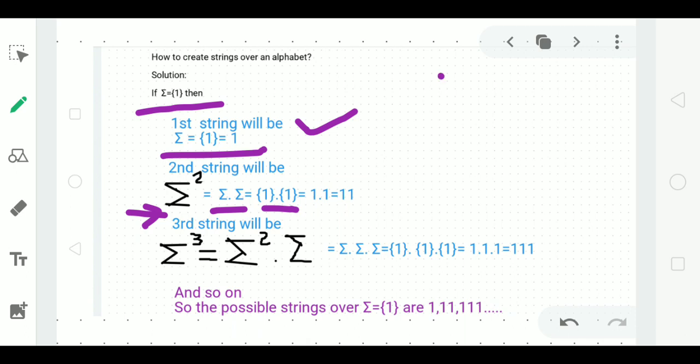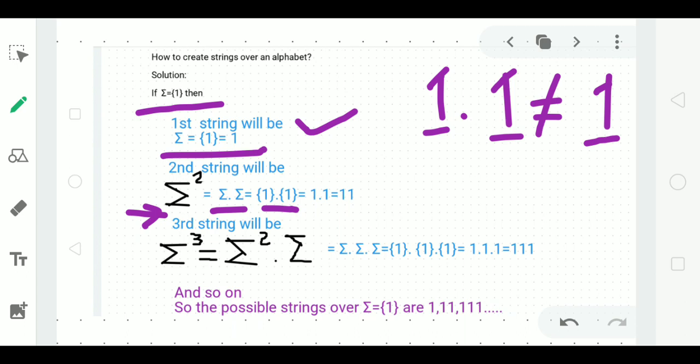In this case, multiplying 1 into 1 is not equal to 1, but it means repeating the number of characters present, that number of times. That means in this case 1 into 1 will not be equal to 1, but as the number of ones is 2, the occurrence will be 2 times.